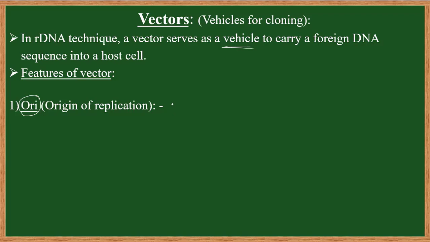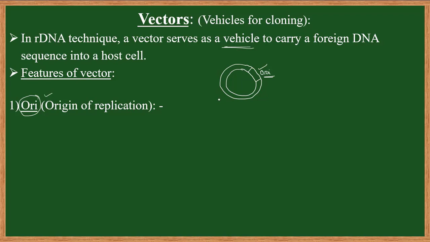In prokaryotes, the replication process initiates and starts from one site. Suppose this is a particular vector. Here is a very special type of site, suppose this one is ORI. Origin means the start point for replication. So ORI will represent the initiation point or start point for replication. This is very essential.